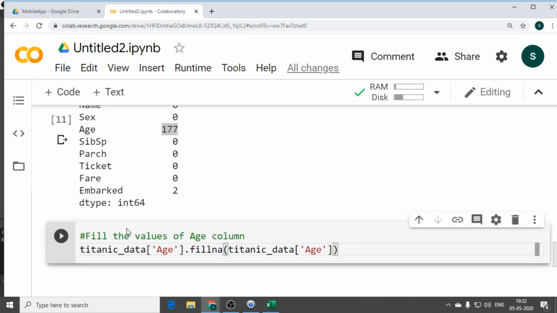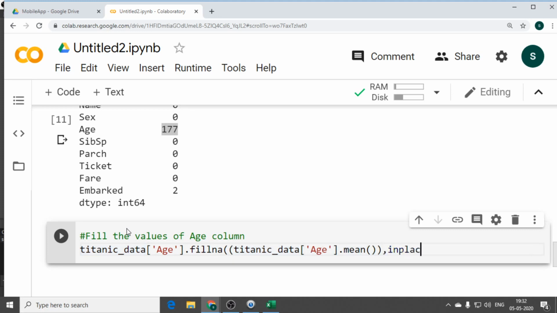I want to fill the null values with the mean of the data, that means the average of the data. Instead of filling with zeros or any other values, I want to fill them with the mean of the data. So that is the reason I gave mean: titanic_data['Age'].mean(), that is, you are calculating the average.